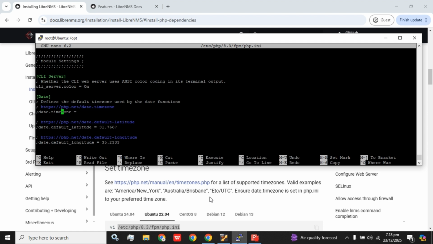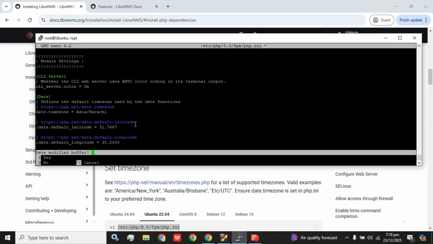This is the date and time zone configuration. You have to add the country and zone according to your requirement. Like this is the example: America/New_York, Australia/Brisbane. So I am going to add Asia and the city name Karachi,